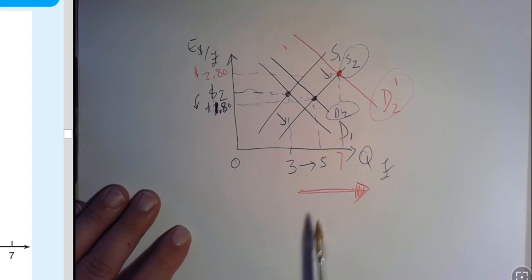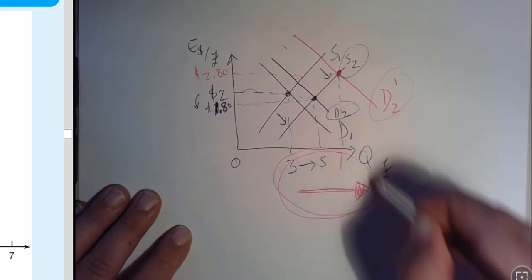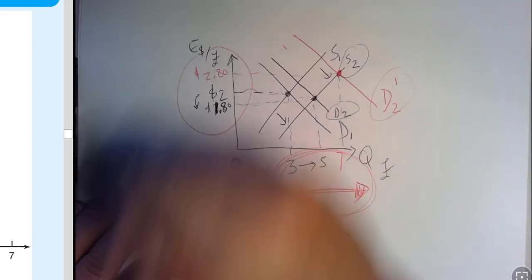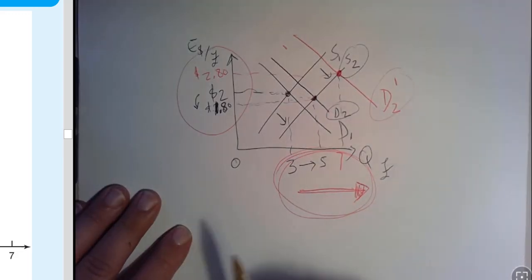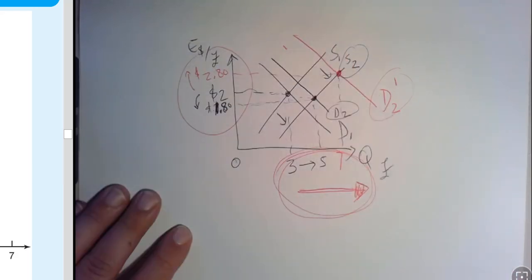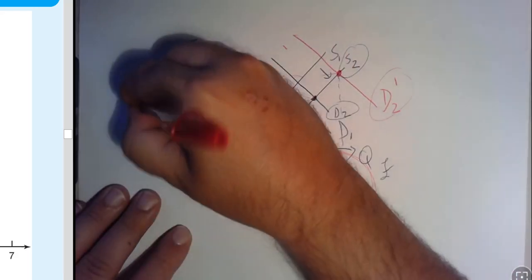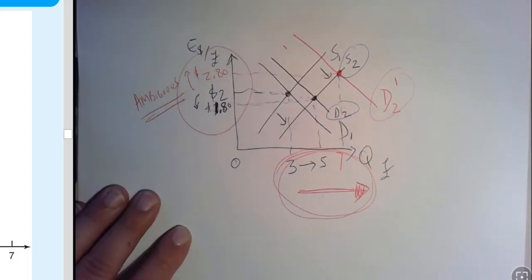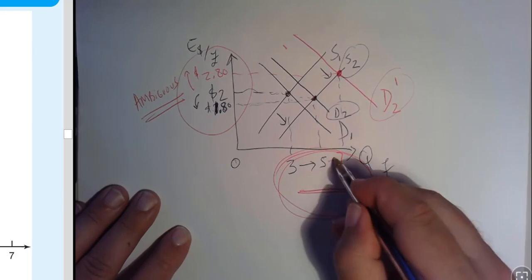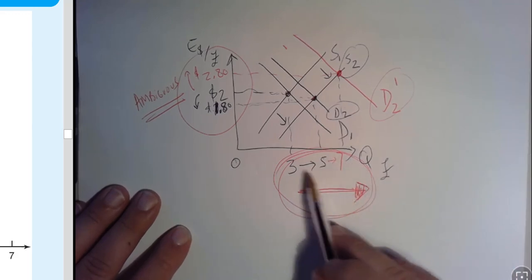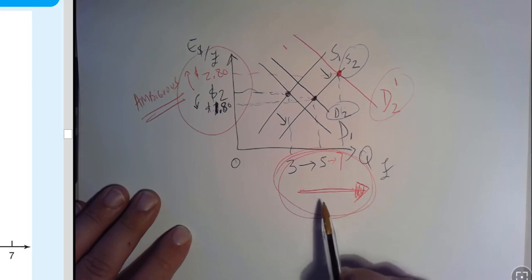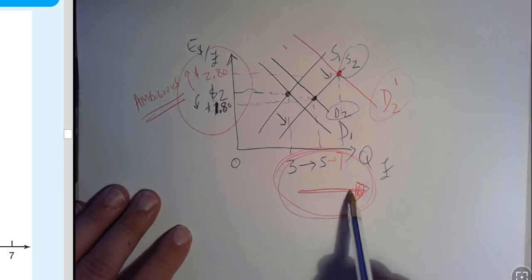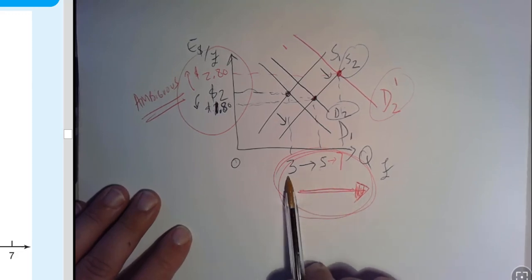In this case, they were both increasing. So we know for sure that the quantity is going to go up, but it's ambiguous what is going to happen to price. Could go up or down. So here is ambiguous in relation to price, but in terms of quantity, we know it's going to go up. The magnitude of the change, we don't know for sure, but we know that it's going to be above the initial level.